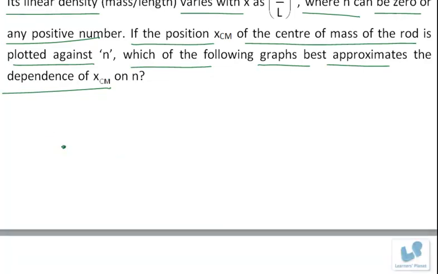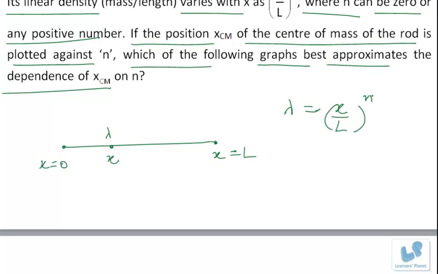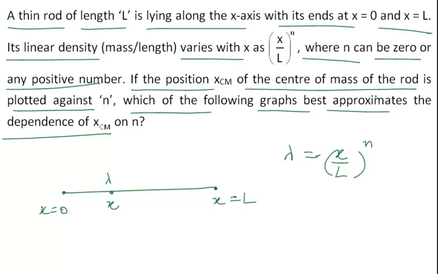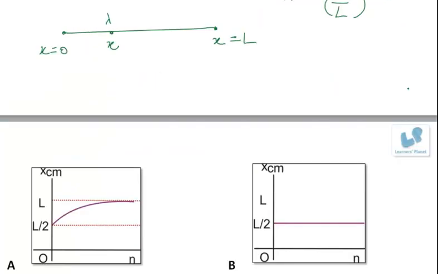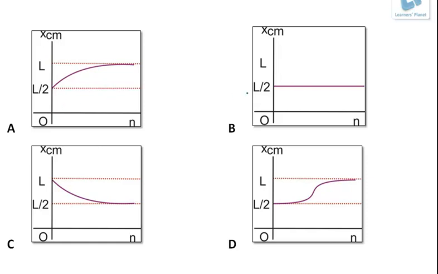Now the situation is something like this. You have a thin rod of length L. One end is kept at x equal to 0, another is kept at x equal to L, and the linear density lambda, that is, the mass per unit length at this point, is given by (x by L) to the power n, where n can be 0 or any positive number. Now this much is given to us. We have to find out among the 4 graphs that are given which one best approximates center of mass with number n. Okay, now we know that center of mass